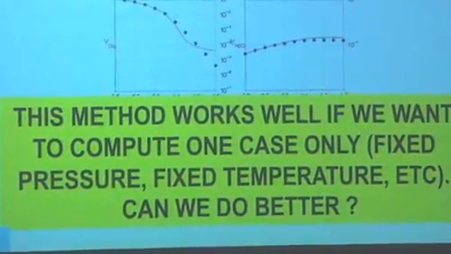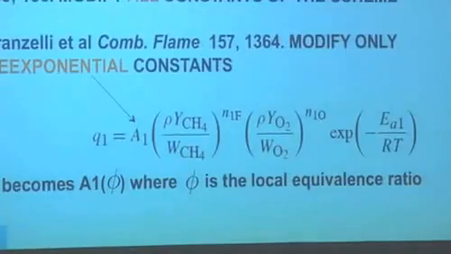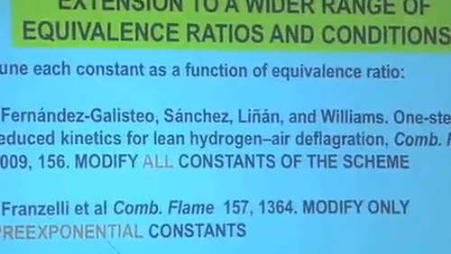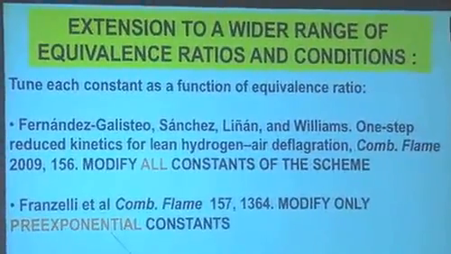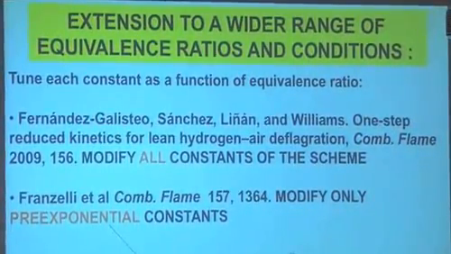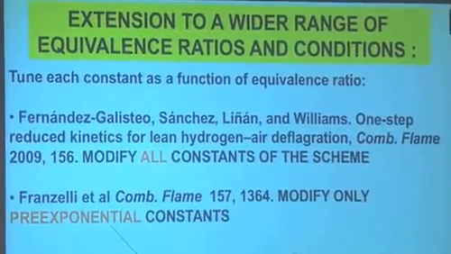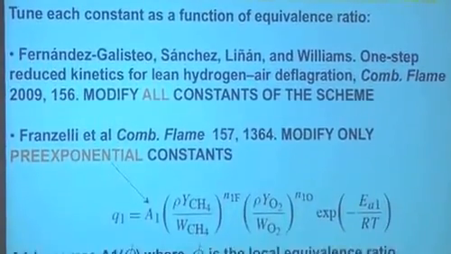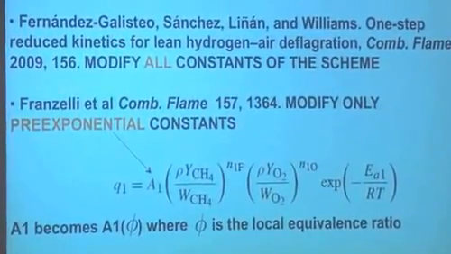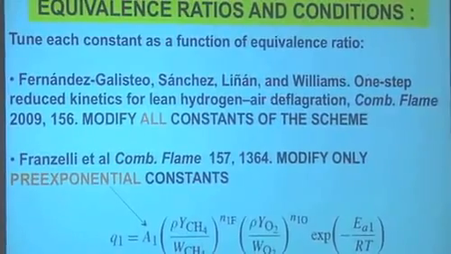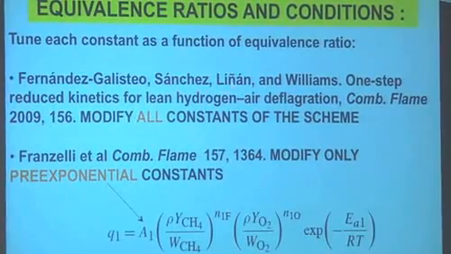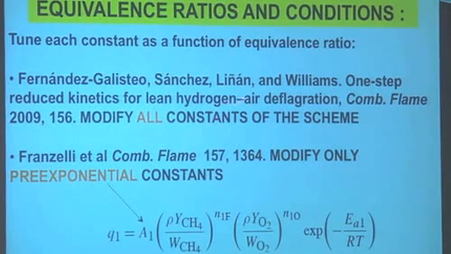Now the problem is that you want maybe to do better than that, and you can actually. You want to say, I would like to have a scheme which works now not only at 1 pressure and 1 temperature. I would like it to work over a wide range of pressures and temperatures. How do I do that? Well, that's an idea actually that the theoreticians have proposed a long time ago. You know, Linan and Williams, the kings of theory in that field.